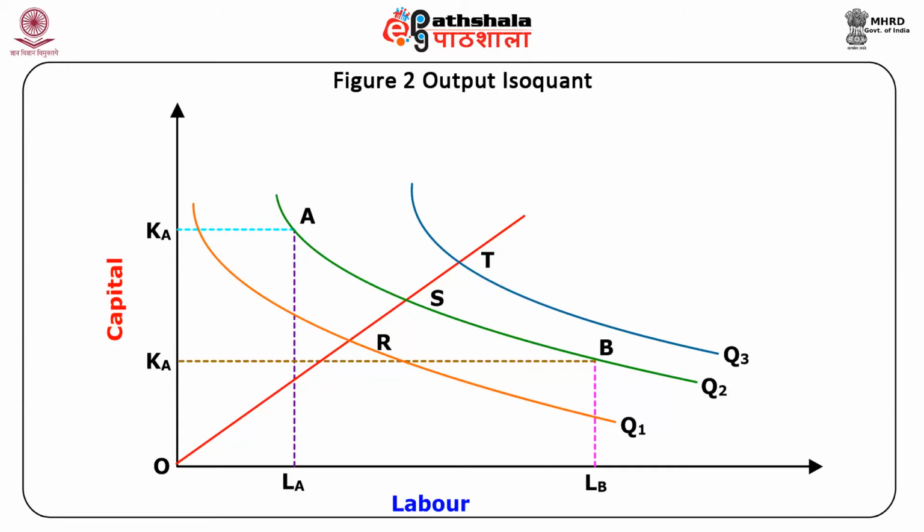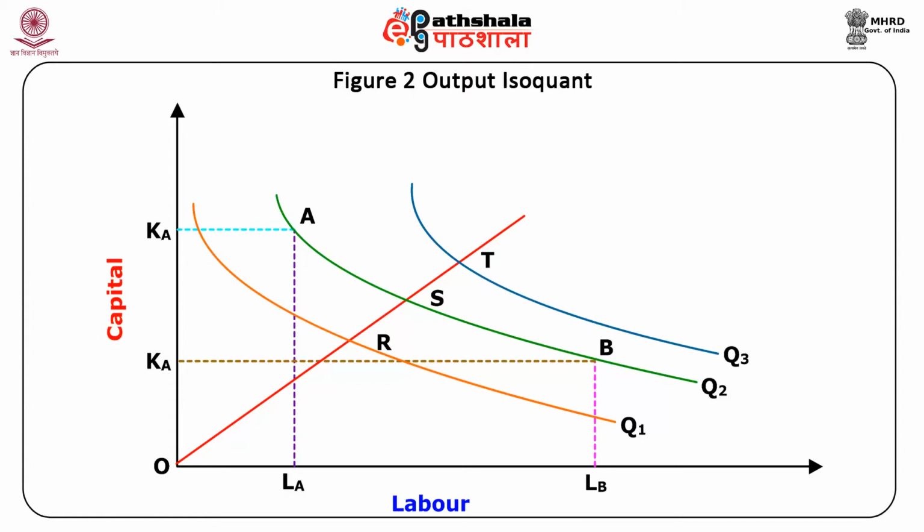Shape of the isoquant depends on the level of technical knowledge and the extent or the degree of substitution between input factors. The degree of substitution is measured as the slope of the isoquant obtained by dividing the change in the factor K by the change in factor L. Thus, it can be said that reduction in capital by 1 unit will require more labor to achieve the same output, or employing 1 unit of the labor would reduce capital by a number of units.